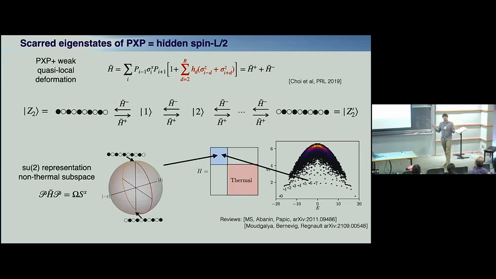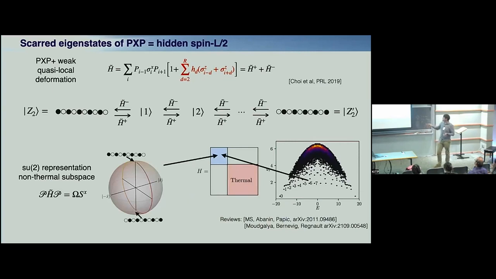And again, here there is a certain degree of fine-tuning. So far we know one deformation, and it also still remains a hypothesis. So you need to add some weak terms to a PXP model, and then you get this perfect decoupling. If you have no such terms, then you would have some matrix elements here, and everything becomes more imperfect. And then eventually, if you tune far away, this probably will smear. You have a lot of matrix elements here.